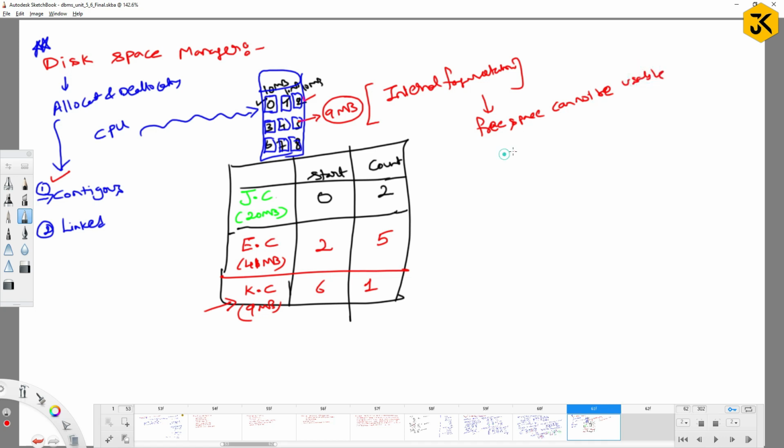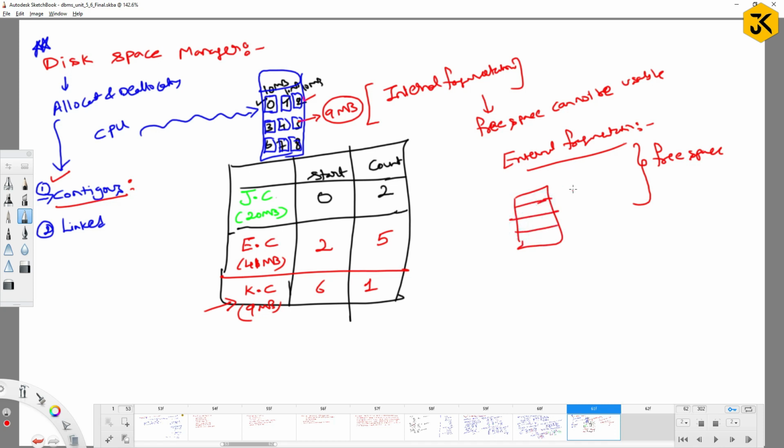Similarly, there is one more kind of word. External fragmentation. This is also possible in contiguous memory allocation. External fragmentation means even though I have a vast amount of free space, I cannot accommodate the new file. Right? For example, if I say